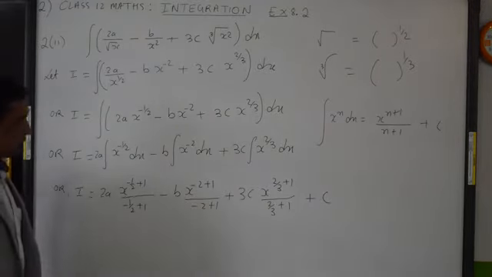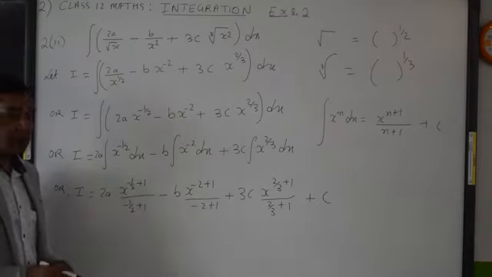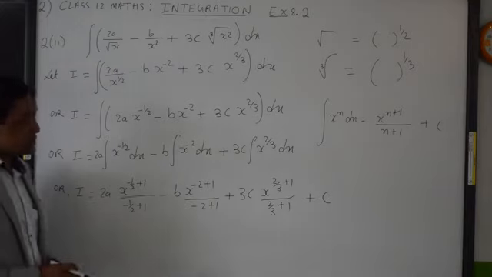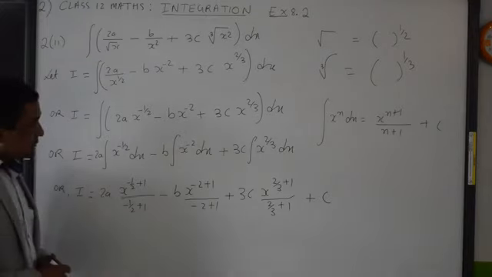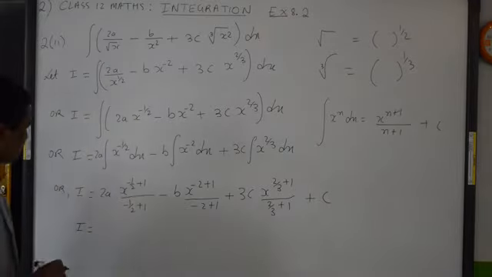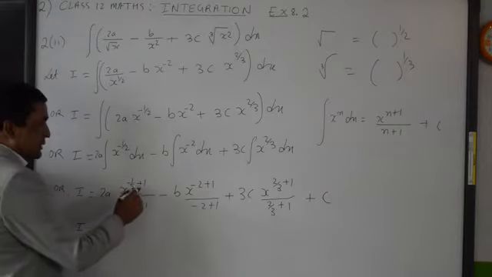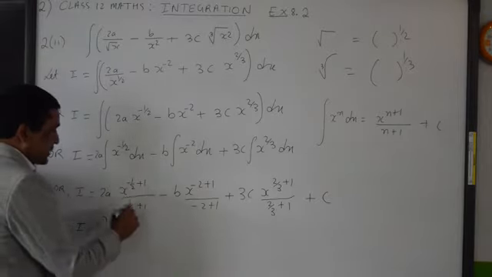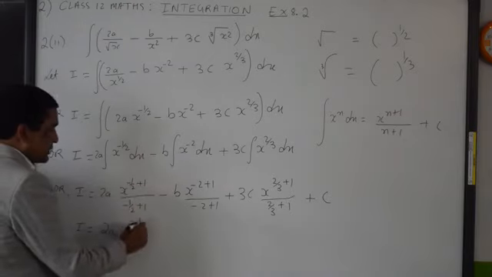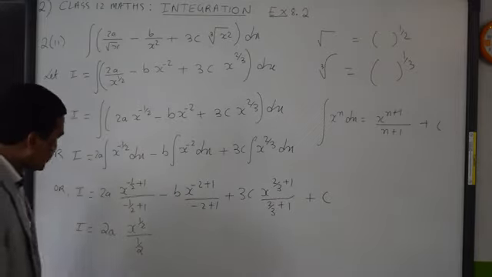Now simplify. Integration is over, now simplification is left. We have to beautify the sum. We have to arrange the sum in such a way that it appears beautified. Now do the LCM here. 2a, then do the LCM. Now this is x to the power minus 1 by 2 plus 1, which means 1 by 2, and down also 1 by 2. You know how to do the LCM of fraction numbers.